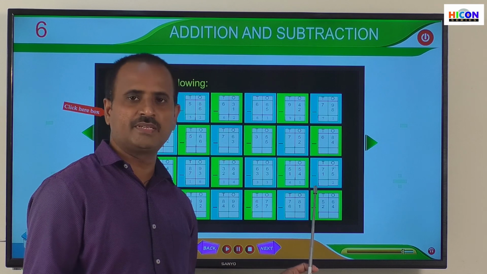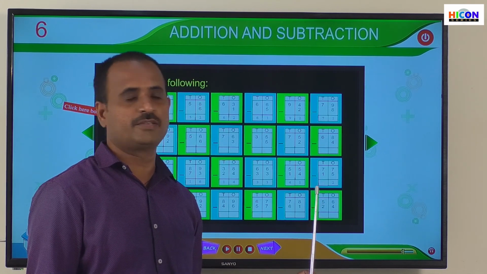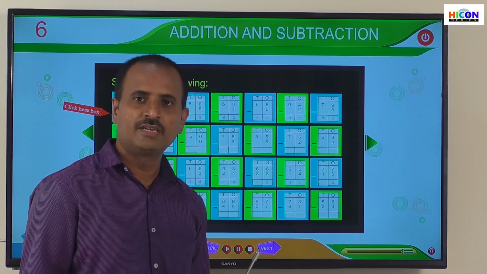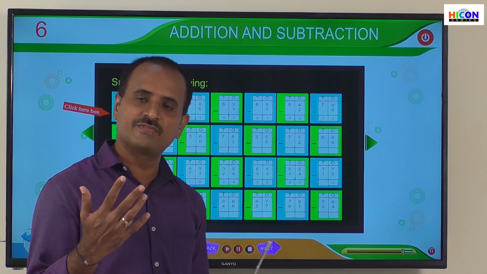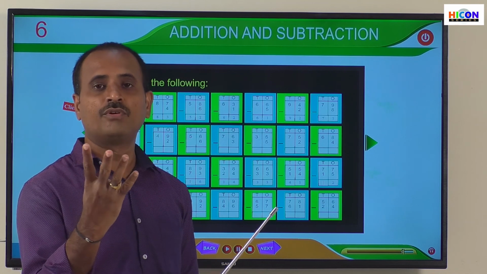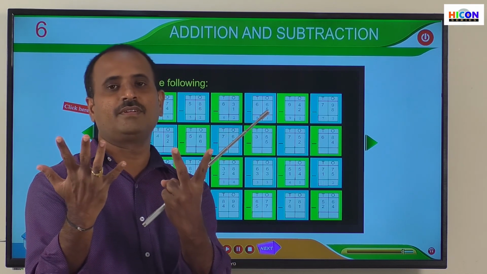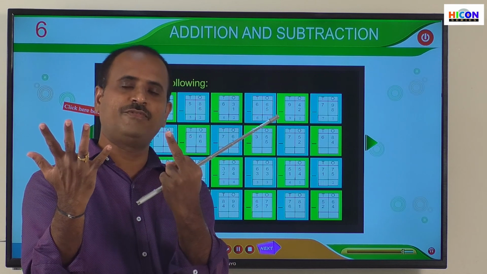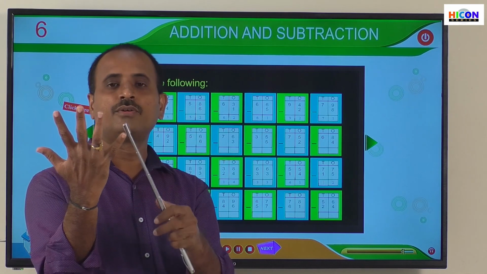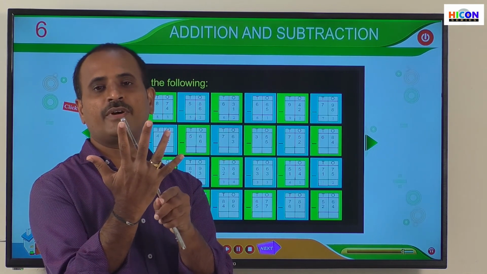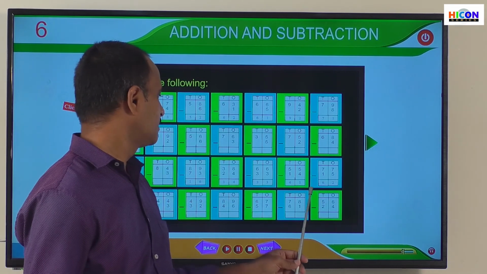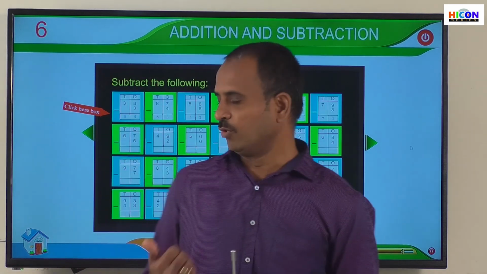So next go to tens place and subtract the digits present in the tens place. That is 7 minus 1. Means open 7 fingers and close one finger. The remaining fingers will be the answer. So open 7 fingers. 1, 2, 3, 4, 5, 6, 7. And close one finger here. So one finger I have closed. And how many fingers are there remaining? So children, this finger is 1, 2, 3, 4, 5 and 6. So write 6 under tens place. The answer is 62. So let us see one more problem here.